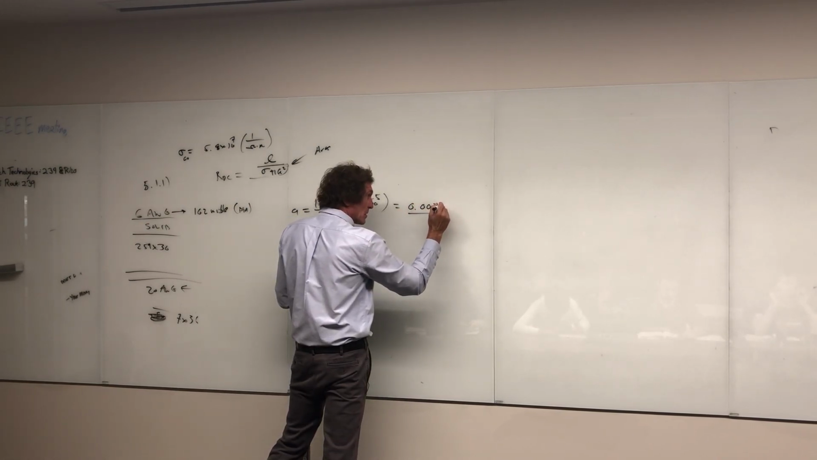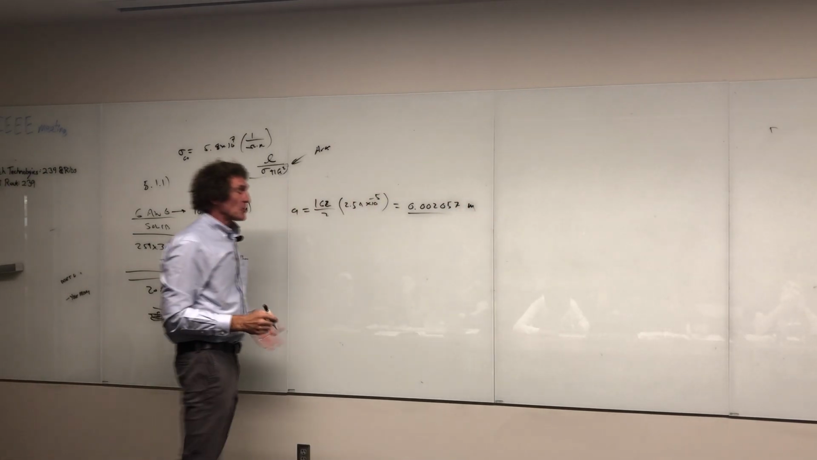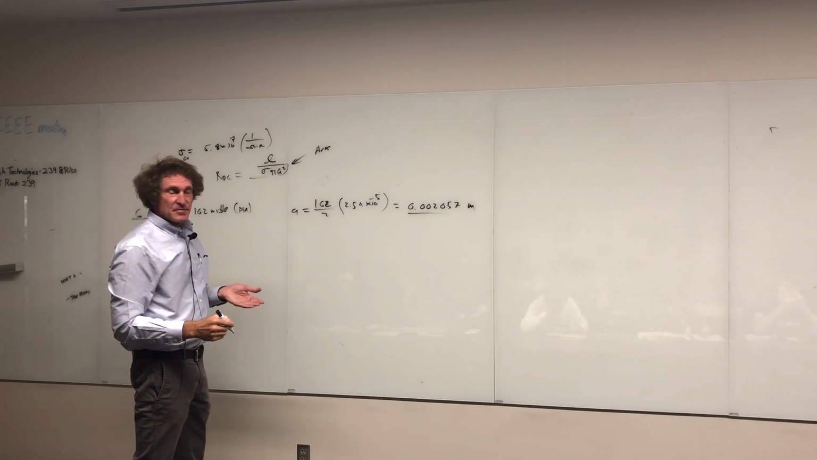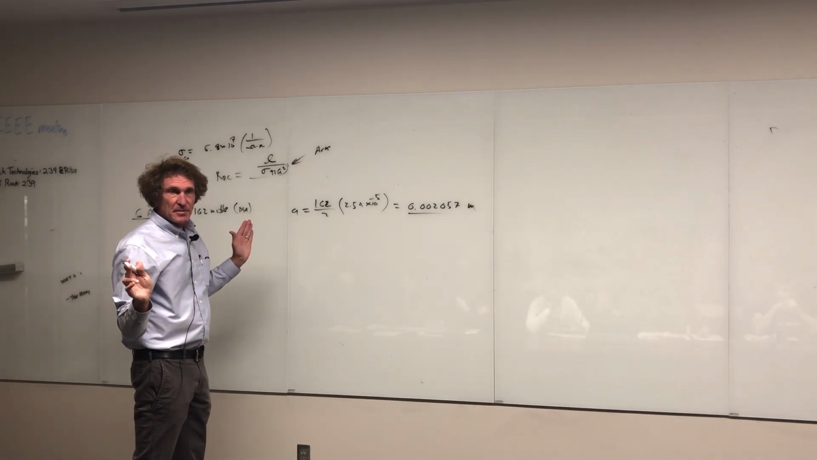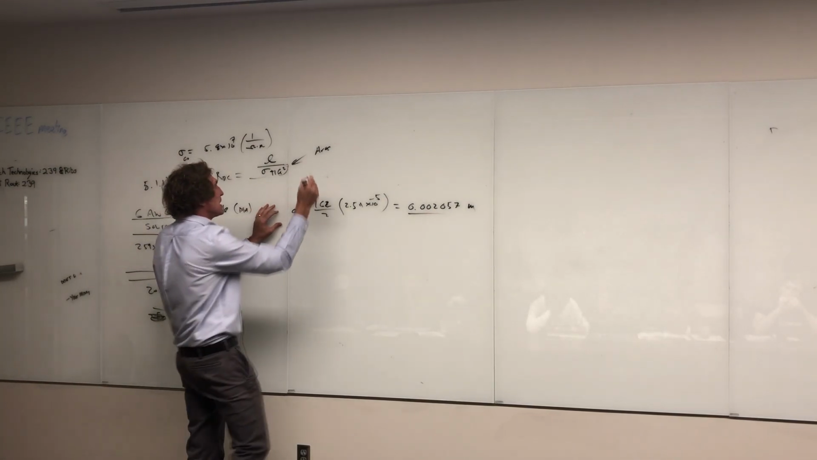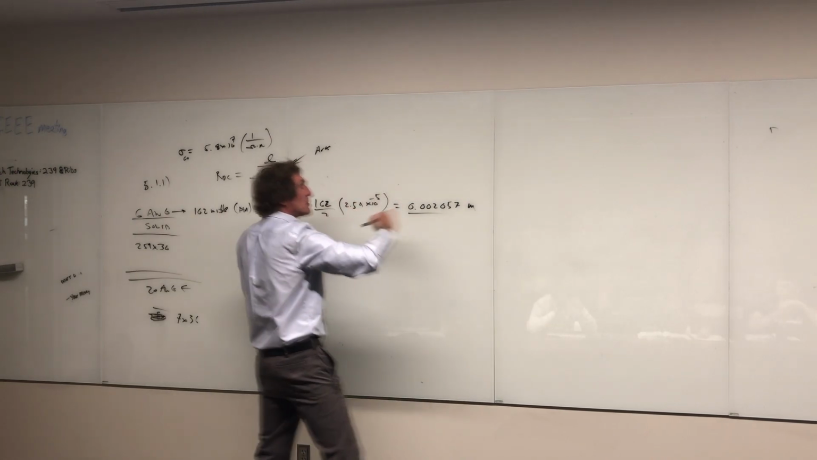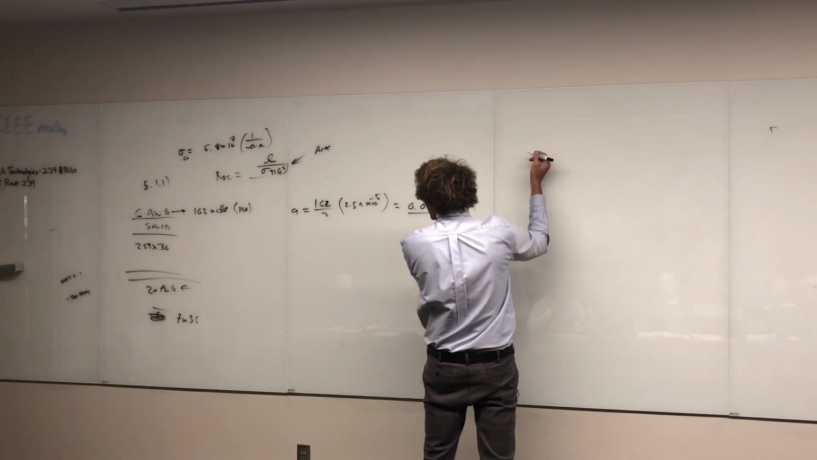0.002. And that's meters. Remember, meters. Or 2.057 millimeters. But you got to be sure about these units. You take that number for A and you stick it here, and now you're going to get the DC resistance for the first one. So for part A,